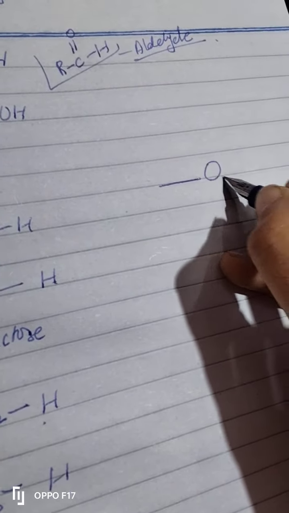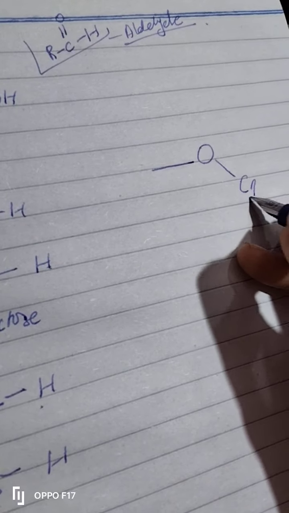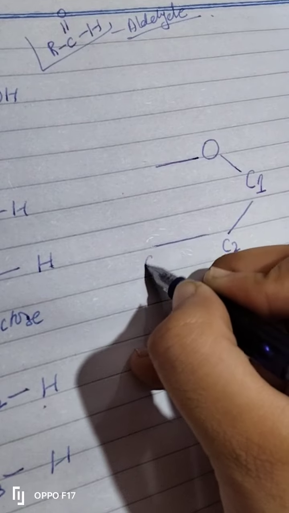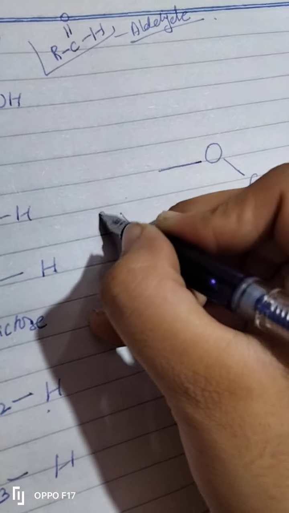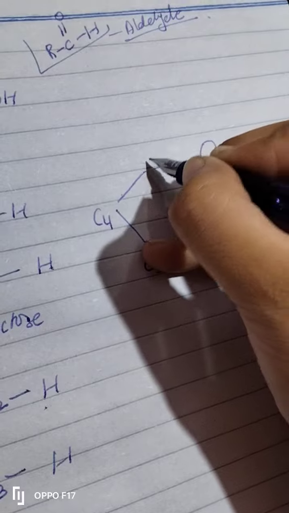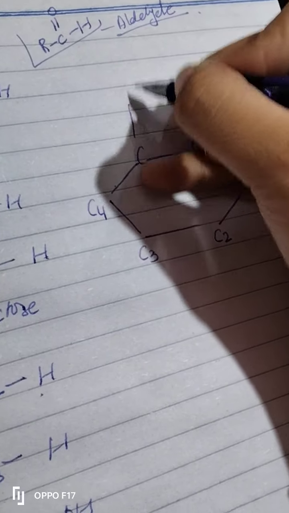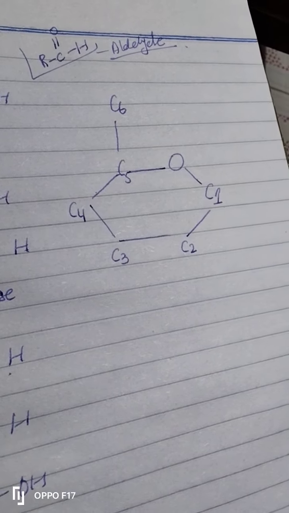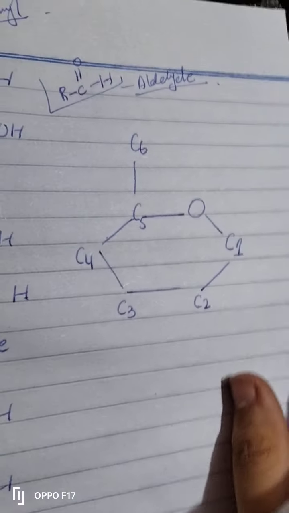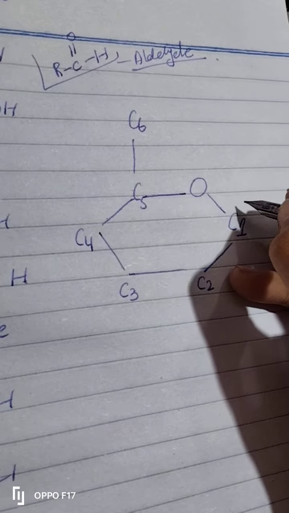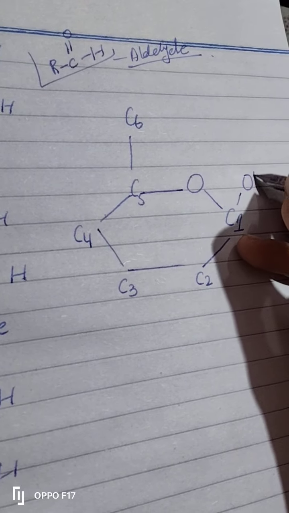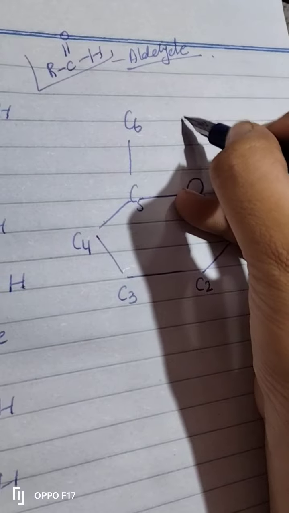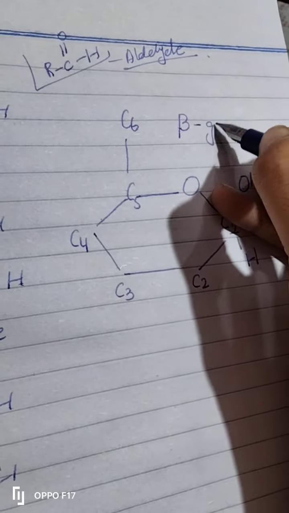This is oxygen. This is carbon number 1, carbon number 2, carbon number 3, carbon number 4, carbon number 5, carbon number 6. So we have placed the carbons. Now we will place OH. If OH is above and H is on the downward side, we will say this is beta